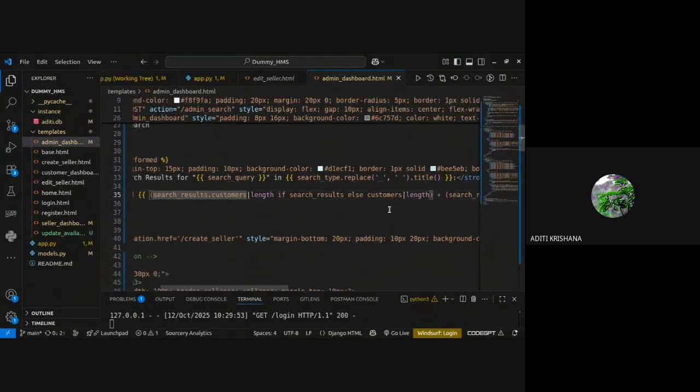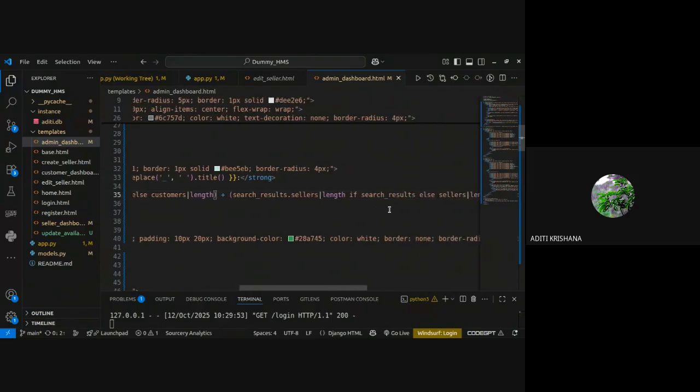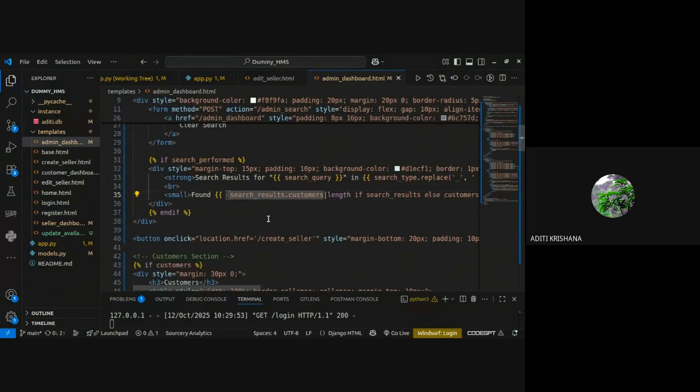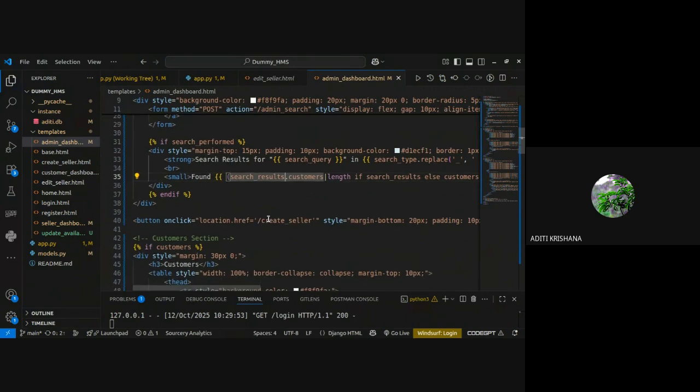The number of search results will also be shown. Similarly for seller also I am showing the number, and then at last I am giving the button. Sorry, yes, this is the create seller. So till this point the search functionality is performed. Now let me share the tab.